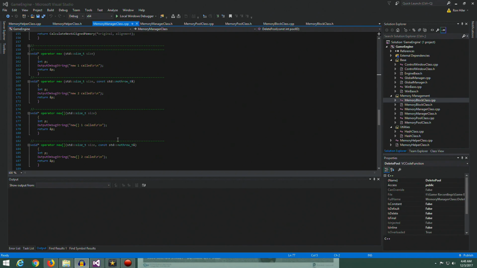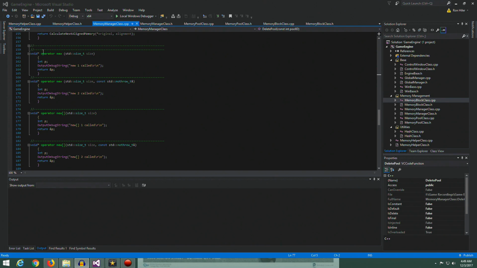Okay, gang. So now that we've got the preliminary stuff out of the way, some of the miscellaneous stuff that I wanted to get done in this episode finished, let's get the addition of new blocks done, which is really the heart of this routine. The first thing we need to do